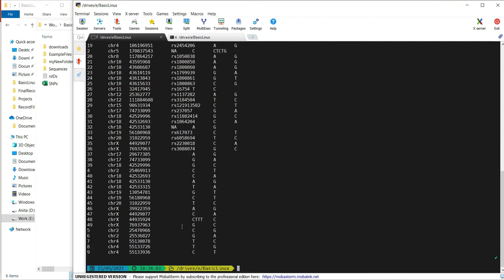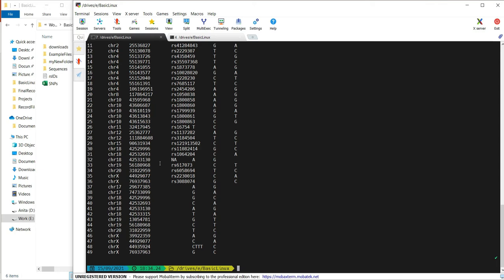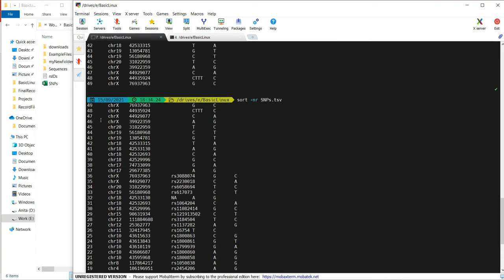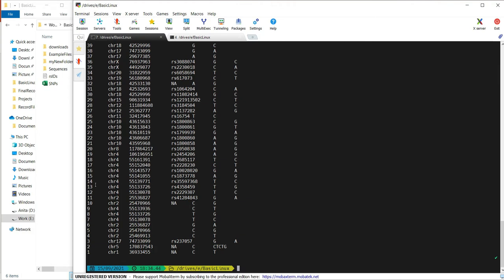So to tell the command prompt to take it as a number, you just have to specify a simple option, -n, and then press enter. Now you will see that this sorts it numerically. It also helps sort in reverse order. If I use -r here, then the sort command will sort numerically but in reverse order. Now if I press enter, you can see this file has been sorted in reverse order.